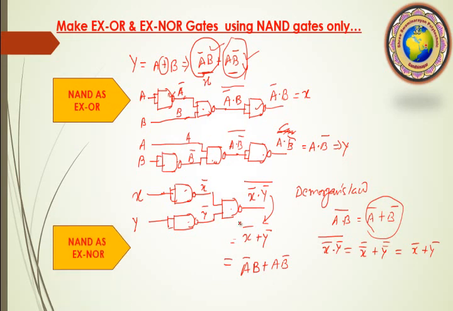Next, suppose XNOR, so we just insert one more gate here and make an XNOR gate like A plus circle B bar. So this is how to design the gates, but our question now is how to reduce the number of gates used. So we have to discuss that.